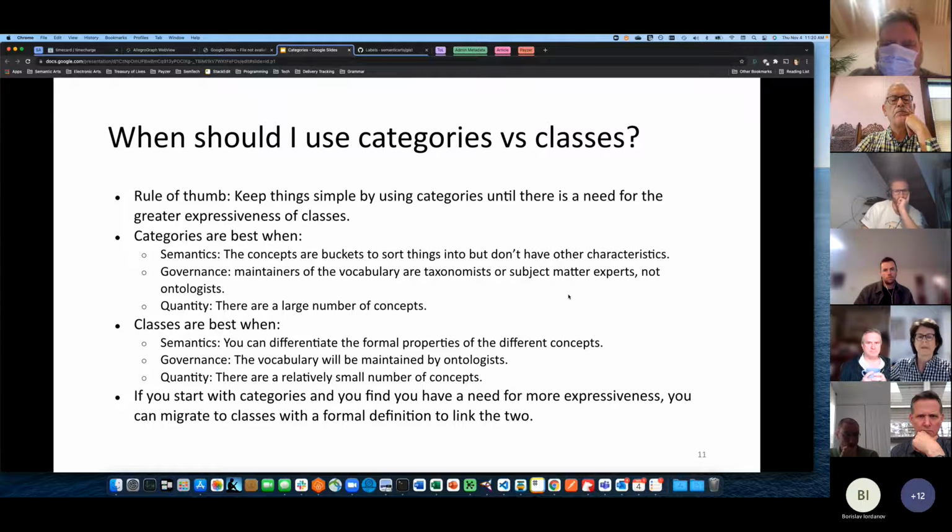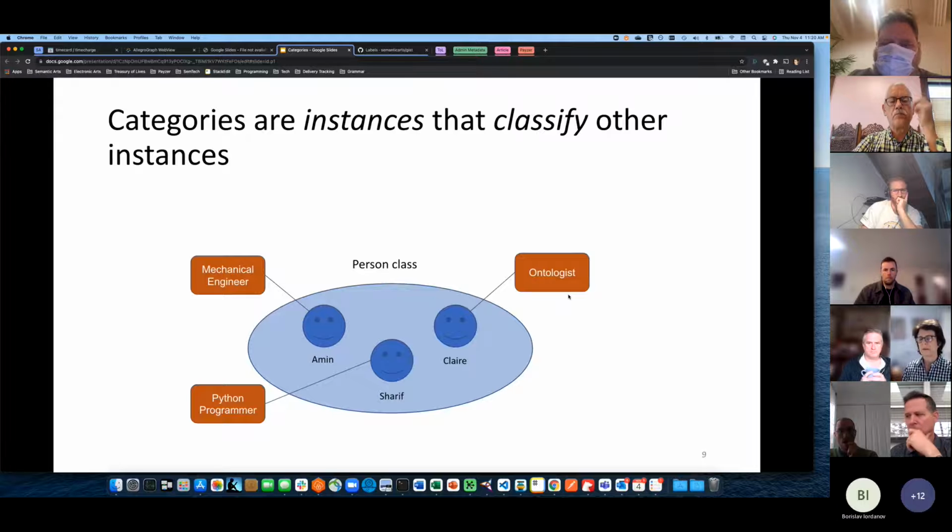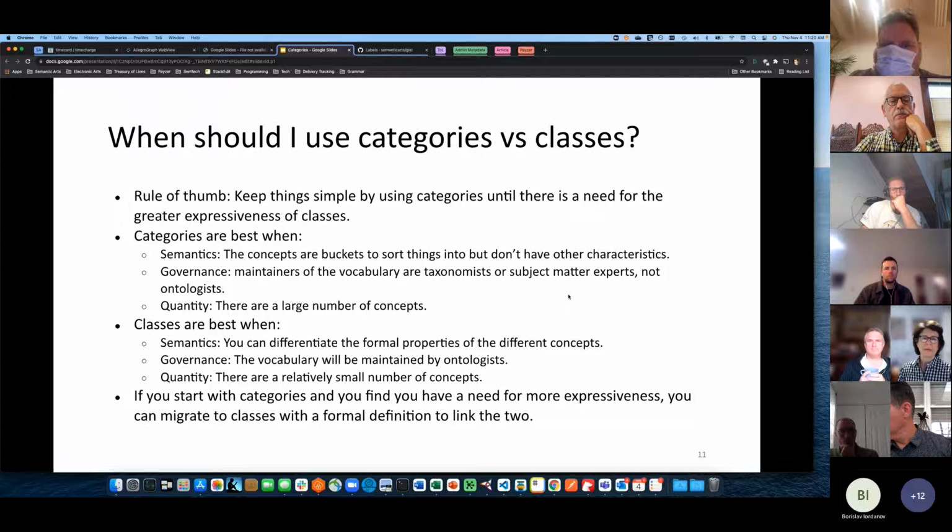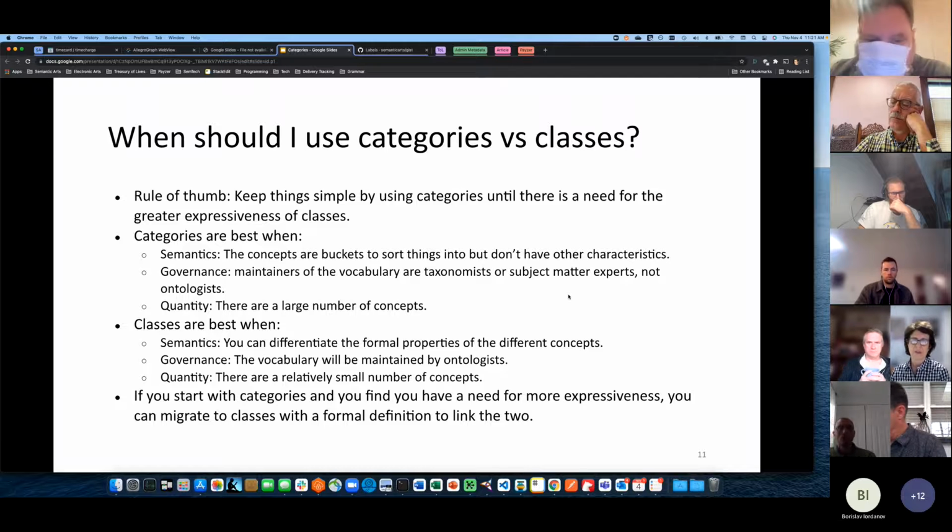So categories are best when, on the semantic level, they're buckets to sort things, but they don't really have other characteristics or semantics of their own. So for example, this doesn't tell us anything about what an ontologist is or what a mechanical engineer is. It just categorizes these individuals with one of those categories. There's a governance issue. Often we have vocabularies that are maintained by taxonomists or subject matter experts rather than the ontologists. So we would like to cordon off that part of the model for the purposes of independent governance. And there's an issue of quantity. When there are a large number of concepts, a taxonomy works best. Now, there's no hard and fast definition of what large means. I can't really say, but for example, 10,000 would be a large number for sure,